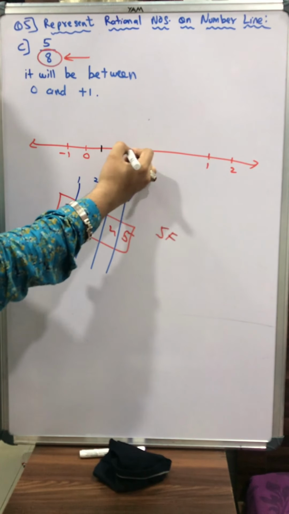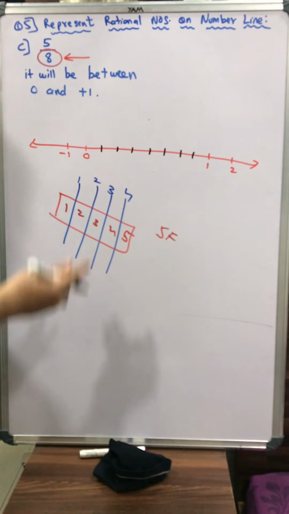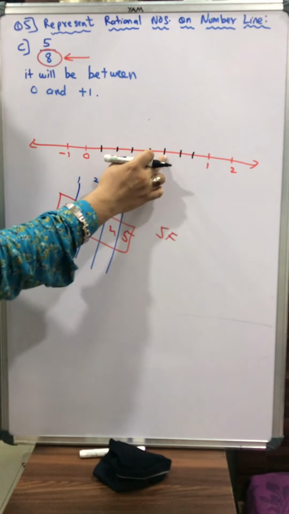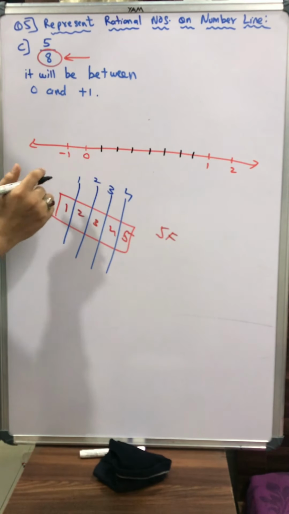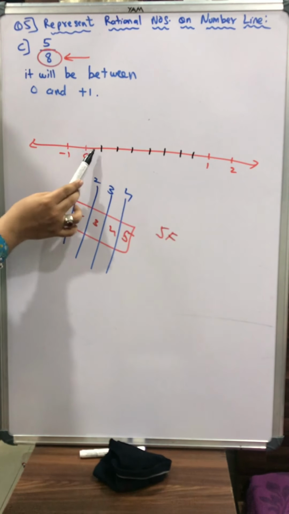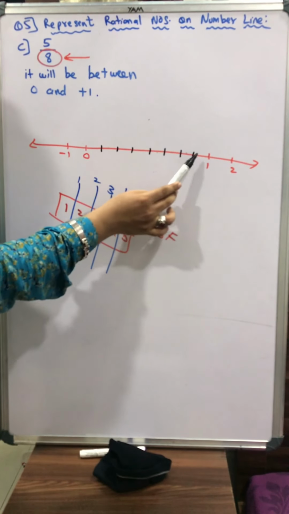1, 2, 3, 4, 5, 6, 7. It will happen something here and there, but it's fine. Because I had 7 strokes here. So my 7 strokes divided my piece of cake, which is from 0 to 1, into 8 parts. See, I'm counting. 1, 2, 3, 4, 5, 6, 7, 8.